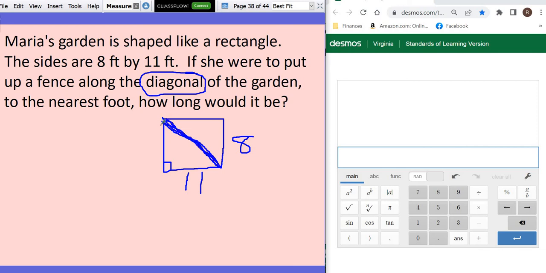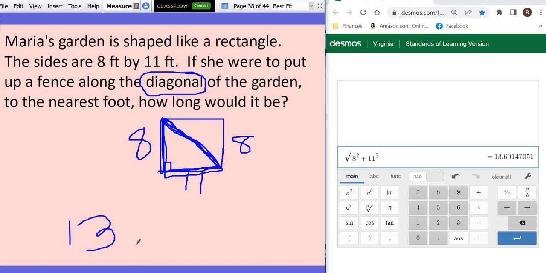Well, let's just go back to using the same triangle I originally drew. That's going to work. Okay? If this is 8, this is 8. That means we have 2 legs and we're looking for the hypotenuse. Your diagonal will always be your hypotenuse. We're going to need a key to find that missing length. We're going to do leg squared. Since they're both legs, we're going to add 11 squared, and that means your hypotenuse is going to be 13